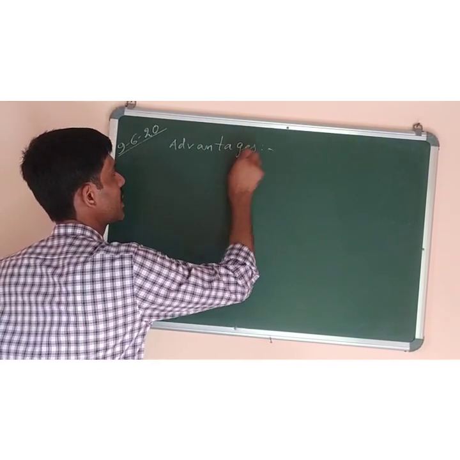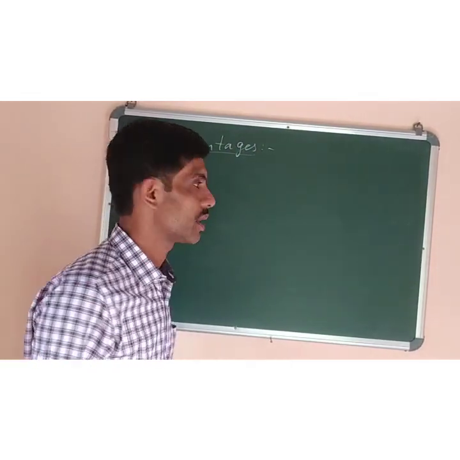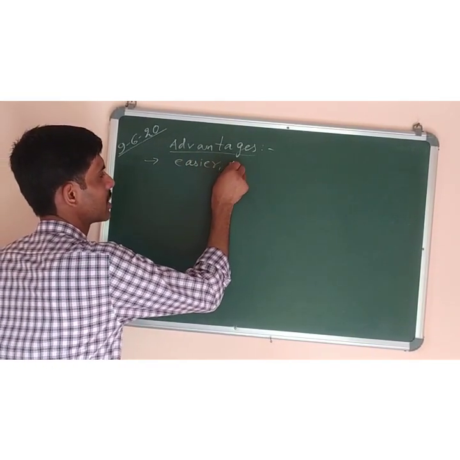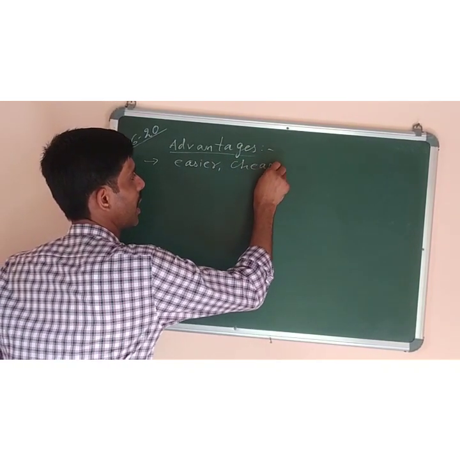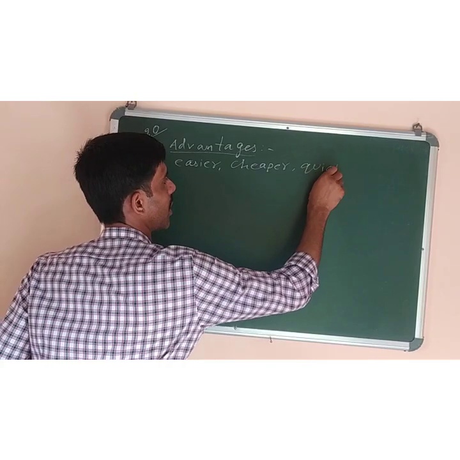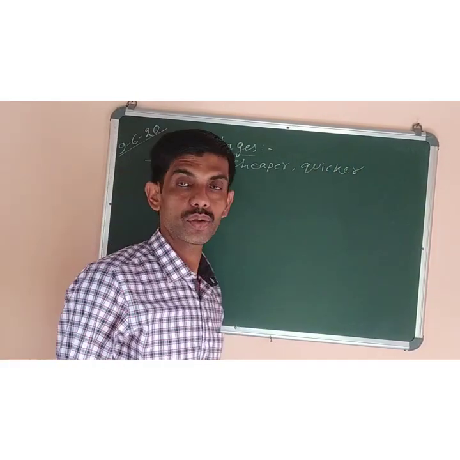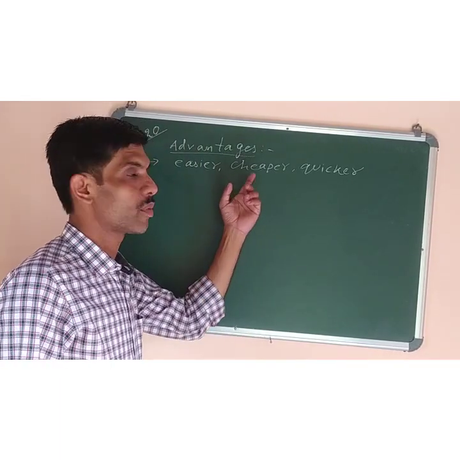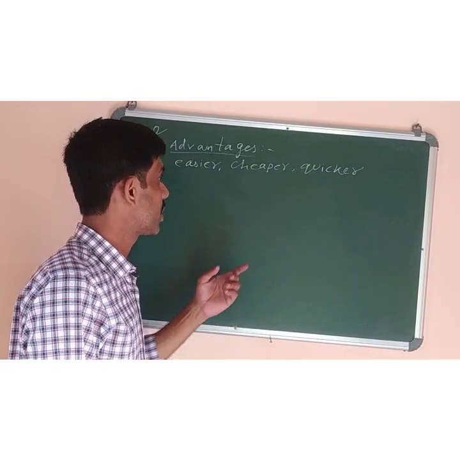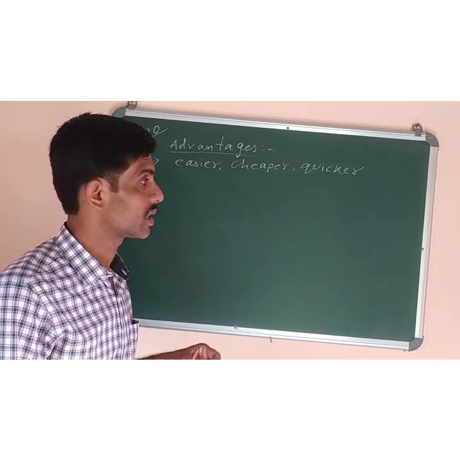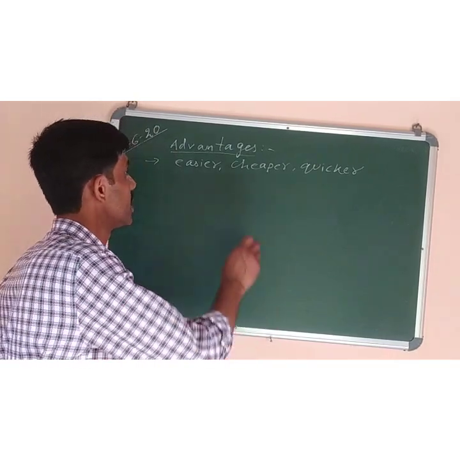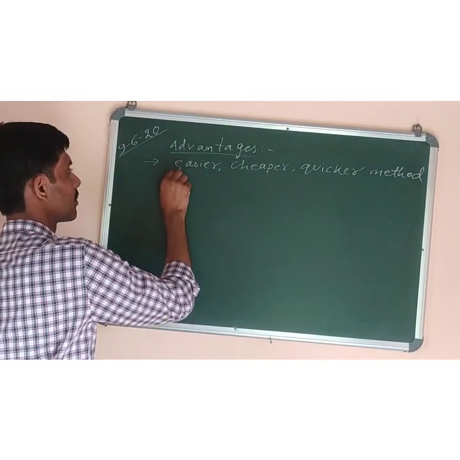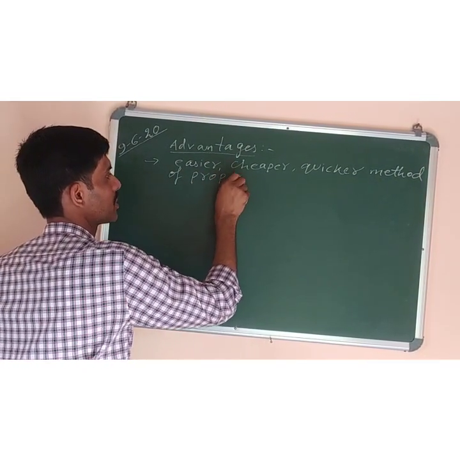So first, what are the advantages or the benefits of vegetative propagation? I will say point wise. Number 1, it is an easier, cheaper and quicker method of propagation as compared to that of the seeds. Like if you grow the plants from the seeds, it will take a longer time, it will be more costly because you have to buy the seeds, and it will not be so fast, not so easy as it is done with the help of vegetative propagation. So easier, cheaper, quicker method of propagation as compared to seeds.